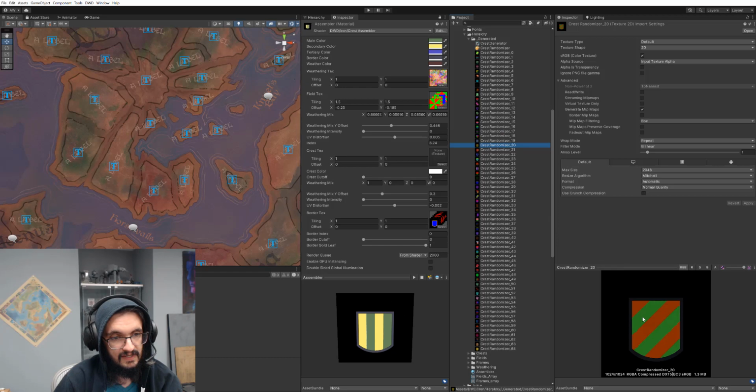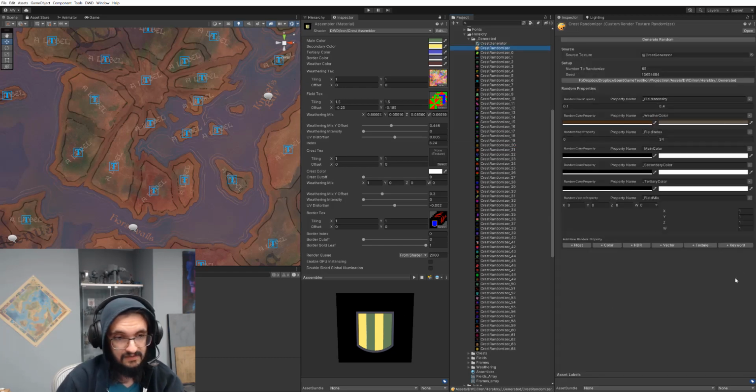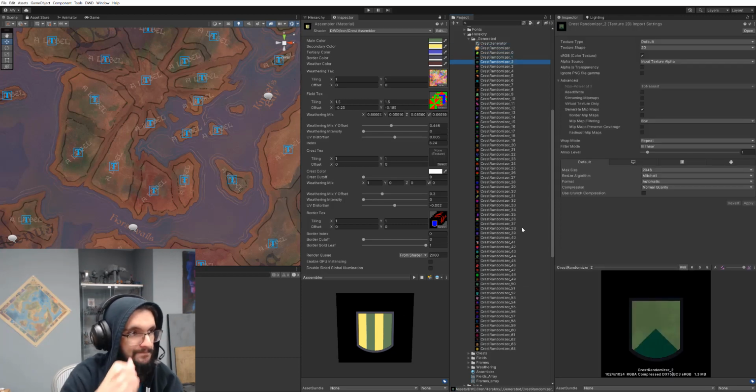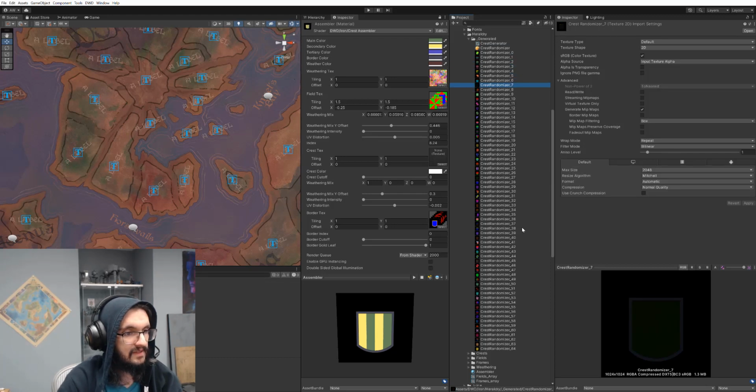I could get cute with that and, instead of just a random color, do a random triad or random complements, and you just feed it however many color property names, and it picks the first color randomly and then offsets around the color wheel by X amount for each one. See what I mean? Maybe that's a thing. Not for today. For today, this is fine. But I may go do that at some point,